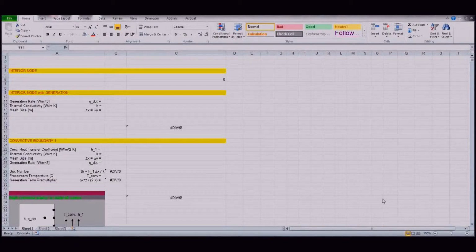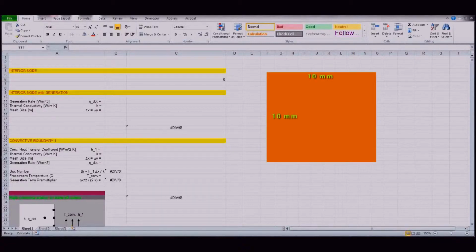All right, the last problem that we're going to look at using the Excel spreadsheet for solving the heat diffusion equation using the finite difference technique is going to be a problem that involves radiative heat transfer. And what we're going to work on here is a problem involving a bar of copper that is 10 millimeters by 10 millimeters, and it is sitting on an insulated surface, and so there is